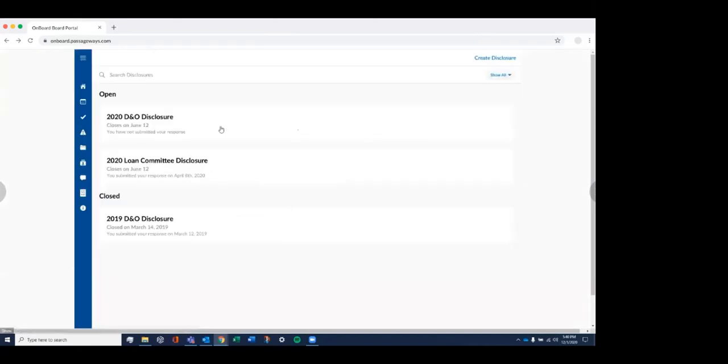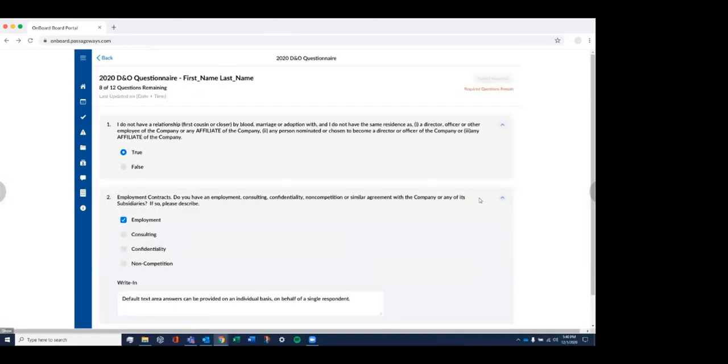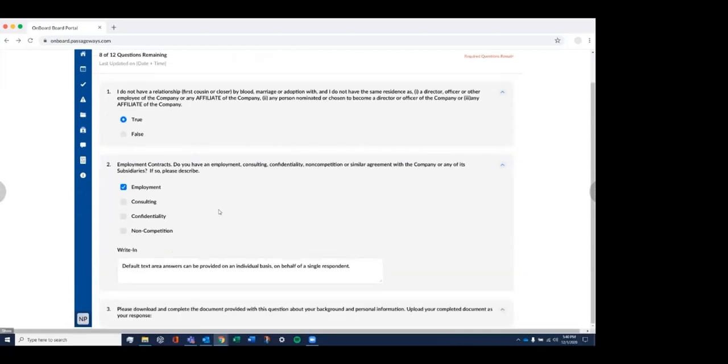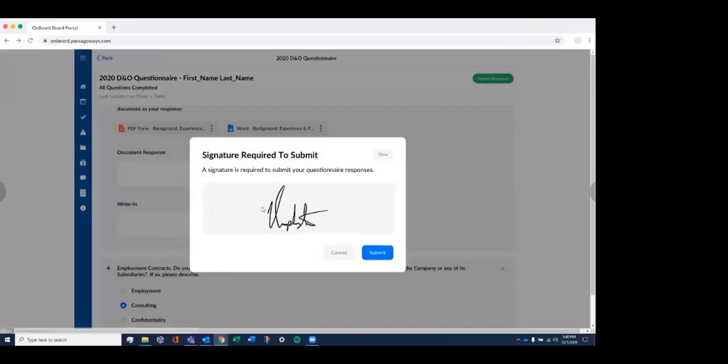Now, once I see that alert, I know I've got to take this questionnaire. I simply hop into OnBoard, click on the questionnaire, review all the supporting materials up here, and click the Start Questionnaire button when I'm ready. Now, as we talked about before, we can pre-fill some of the answers, so this can really be a pretty straightforward process for them. They simply go through, review any pre-filled answers, make sure they're still true, make any adjustments as needed, and then once I'm good to go, I can go up to the top there and click the